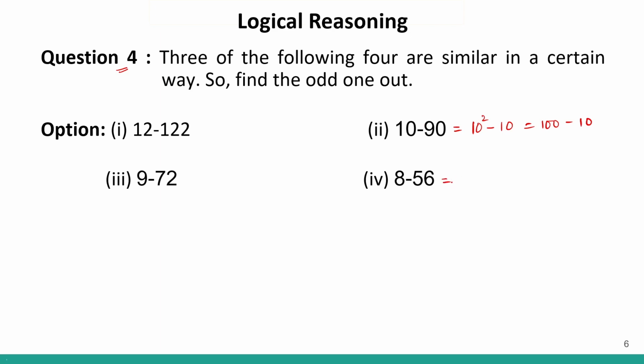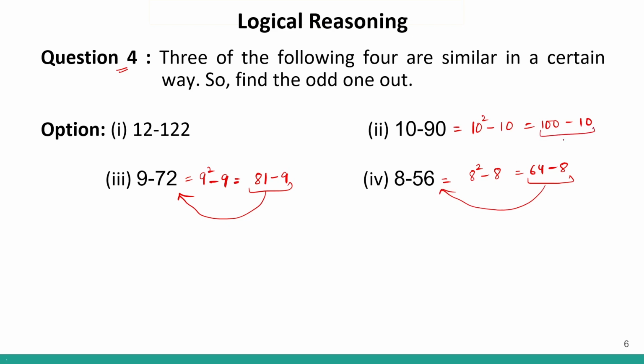Correct? Similarly, 56 is basically what? It is 8 square minus 8. 64 minus 8 will give me 56. Correct? Here I can see if I get 9 square minus 9, that means 9 square will be 81, minus 9 will give me 72. Correct? It will give me 72